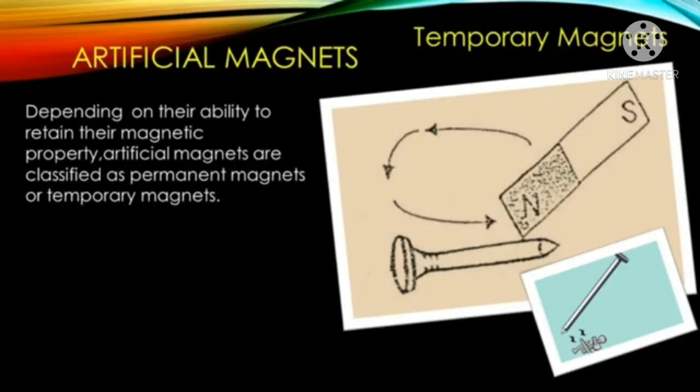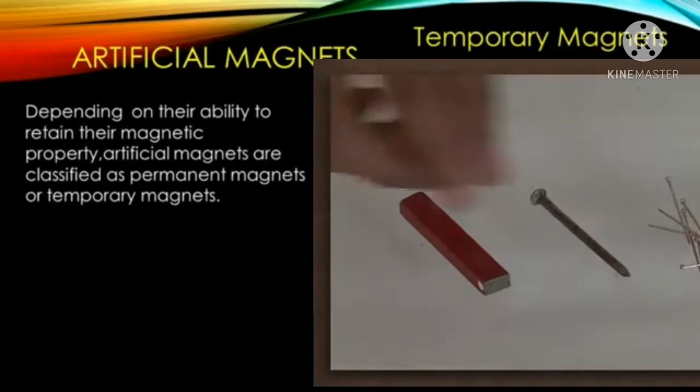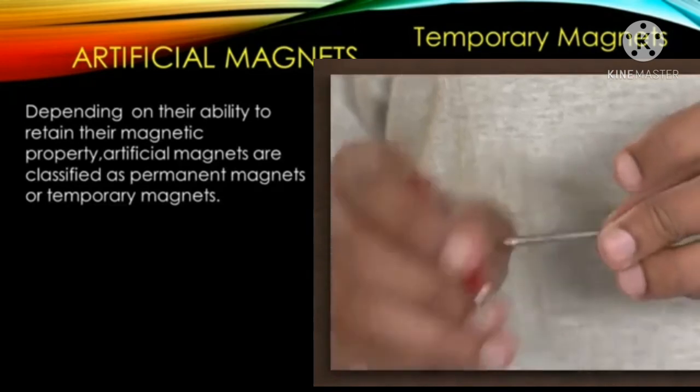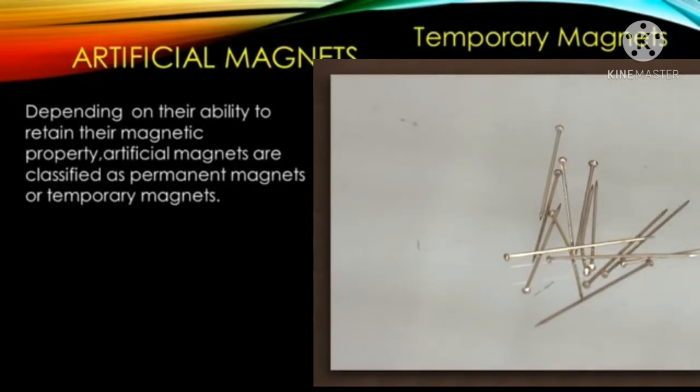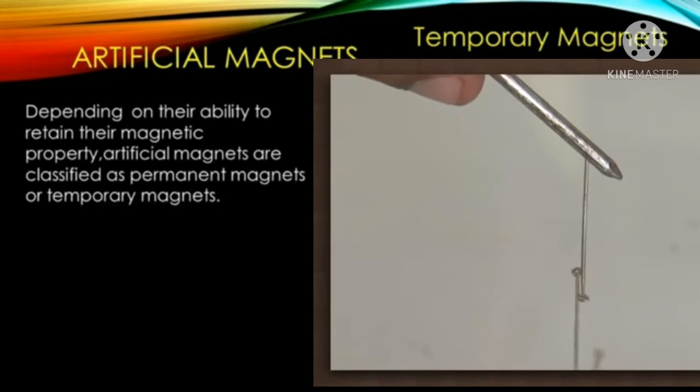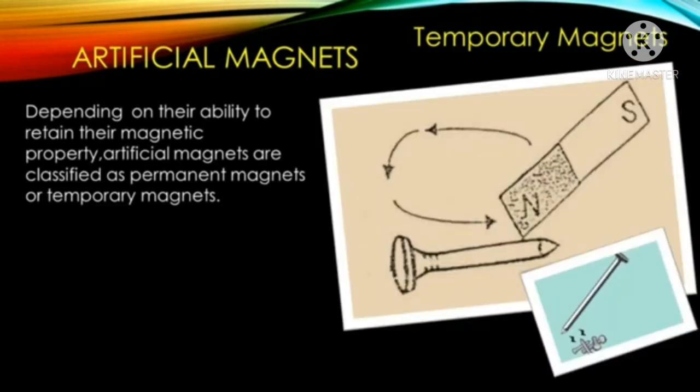After reaching the end, lift the bar magnet and bring its same end again to the starting end of the iron bar. Move the bar magnet again along the whole length of the iron bar in the same direction. Repeat this process of stroking the iron bar with the same end of the bar magnet in the same direction about 30 to 40 times. The iron bar will then become a magnet. The magnetic pole produced in the iron bar at that end where the stroke ends is always opposite of the stroking pole of the bar magnet.